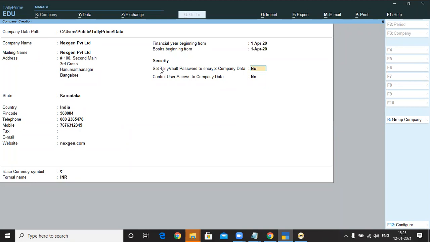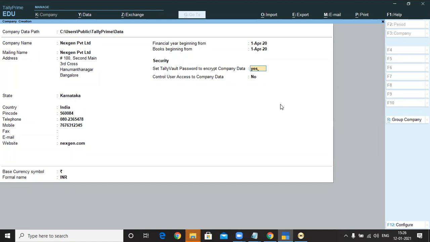Next I'm using Set Tally Vault password to encrypt company data. What will be encrypted is the company's name. The name of the company showing now is NextGen Private Limited. In the selection list, the NextGen Private Limited company name will not be displayed; instead it will show some star marks. In that way, the Tally company name itself will be encrypted.